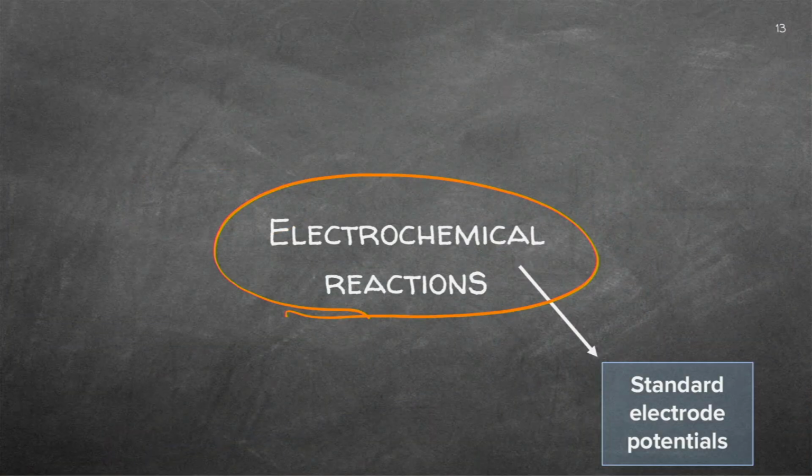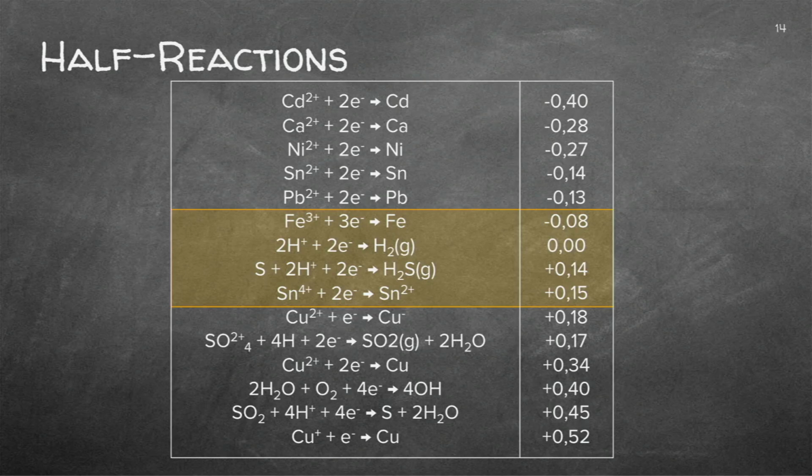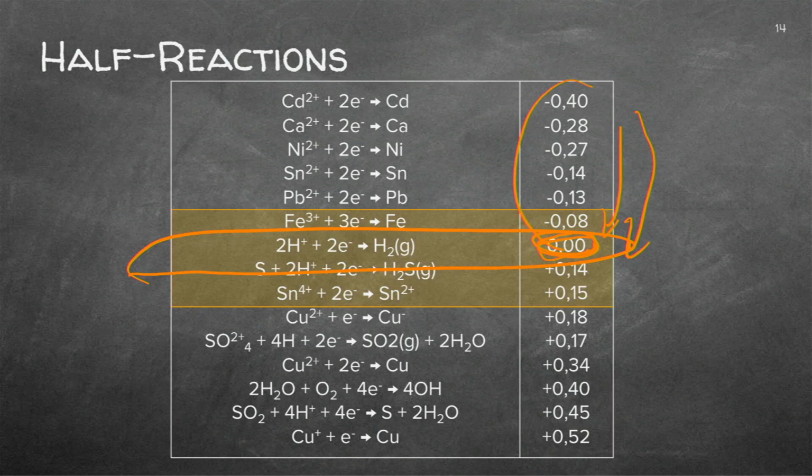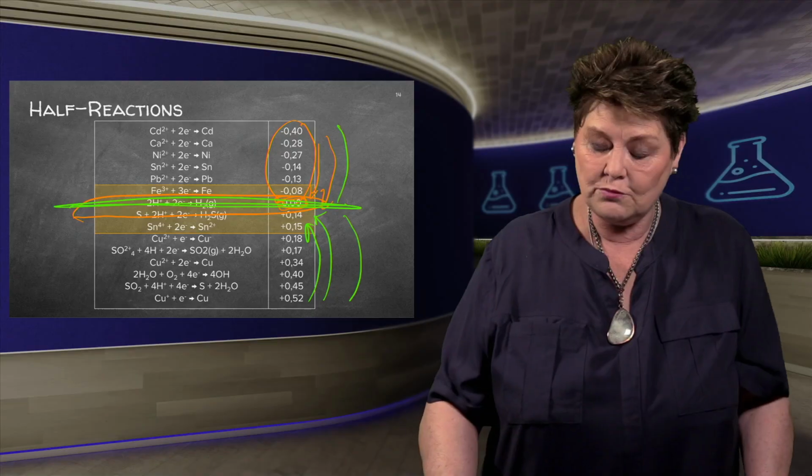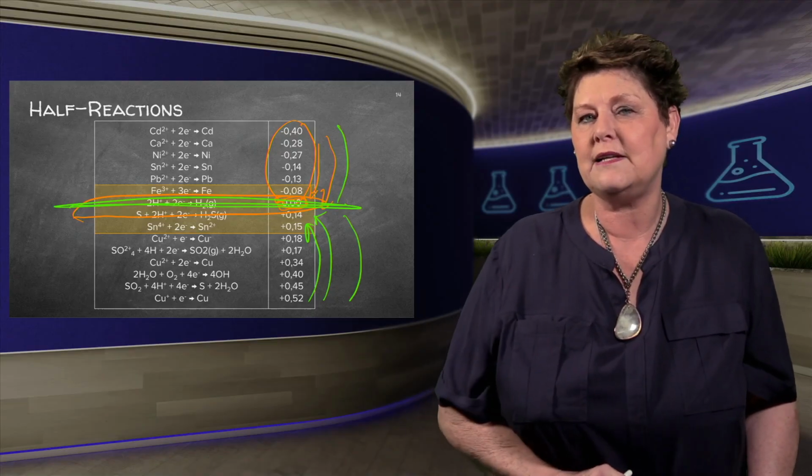Electrochemical reactions we do with the standard electrode potential. That's your table. Guys, have a look at that. This table is centered around hydrogen. Can you see that reading there? 0. We'll do a specific lesson just on the standard electrode potential of the hydrogen. They measured everything in reference to hydrogen and found values. So that's the center reaction, and then you go up and you go down in reference to hydrogen. So they found those measurements, and as I said, there's a separate lesson just on that.